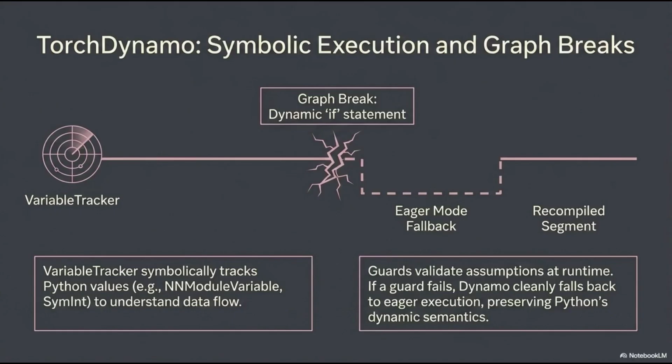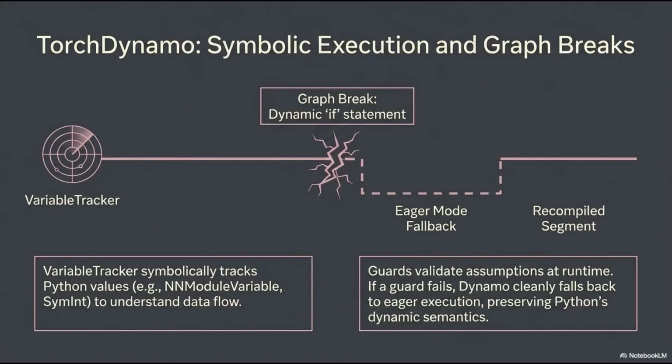When such a break occurs, Torch Dynamo gracefully transitions to an eager mode fallback for that segment of the code. This ensures that the dynamic semantics of Python are always preserved. Following the eager execution, compilation can resume, leading to a recompiled segment. This entire mechanism relies on guards, which validate assumptions made at runtime. Should a guard fail, Dynamo reliably falls back to eager execution, maintaining correctness while offering the benefits of graph-based compilation